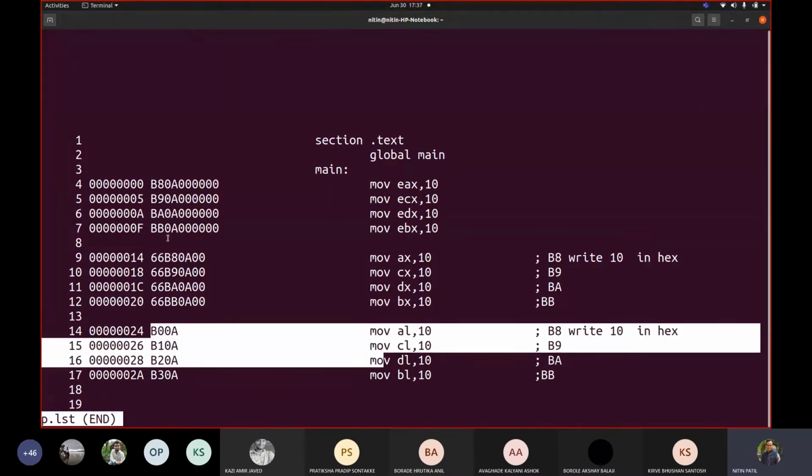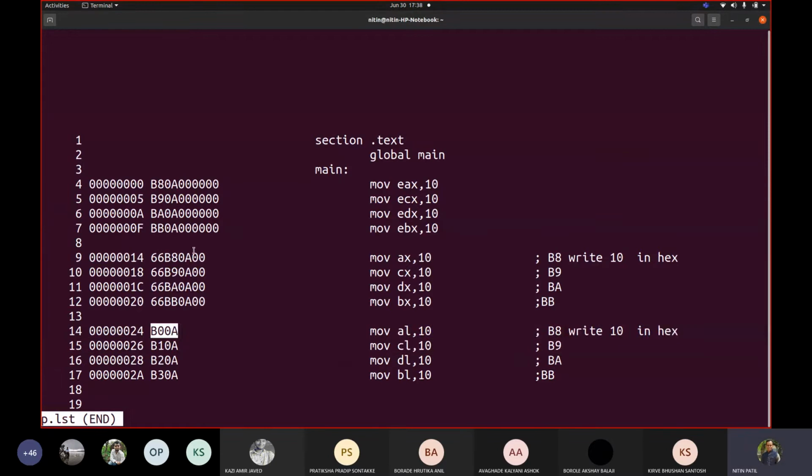Now you can see how it is going to distinguish between what kind of data you are having. Recall in one of the classes I was saying that data types are meant for users. At machine level, there is nothing called data type. It only talks about the size of that data. In this case, the data size is only 1 byte, in this case 2 bytes, and in this case 4 bytes.